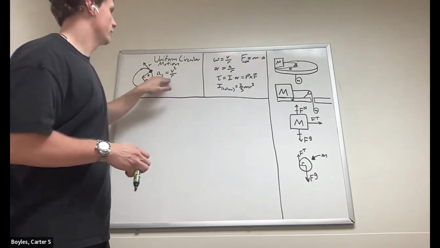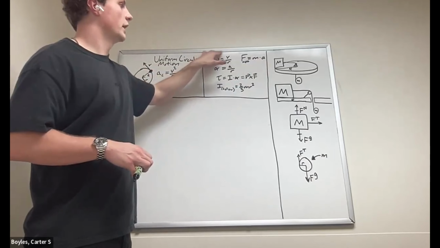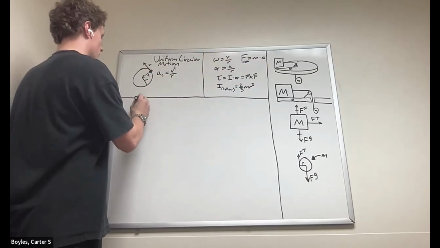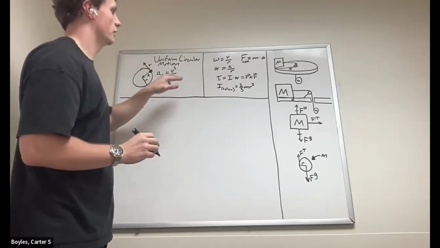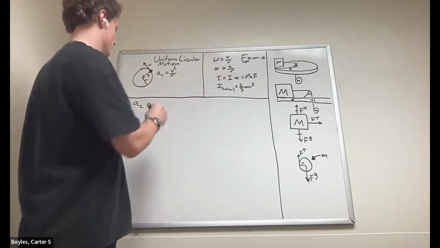So we know that a_c is v squared over r. Using the relationship between angular velocity and tangential velocity, we can rewrite this as the centripetal acceleration is (ωr) squared over r,